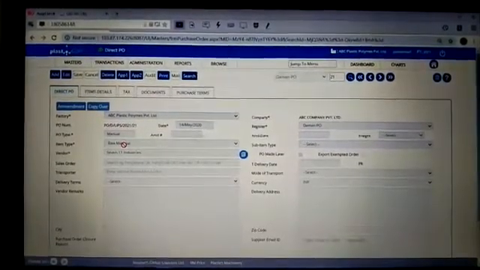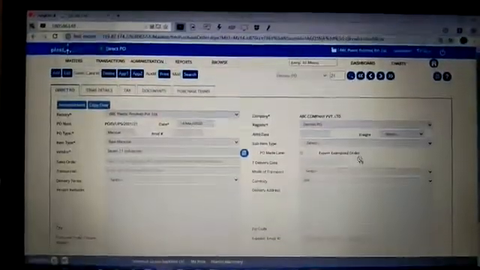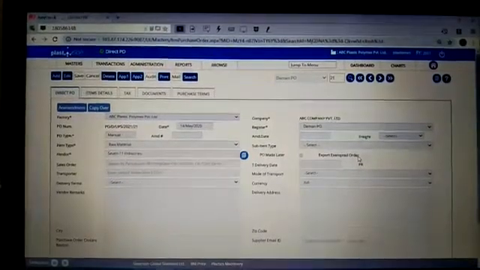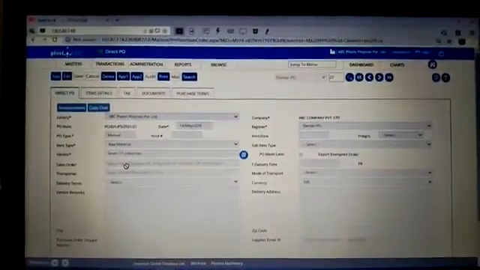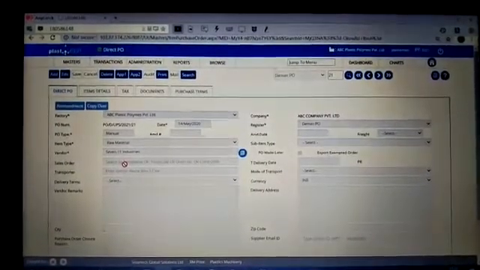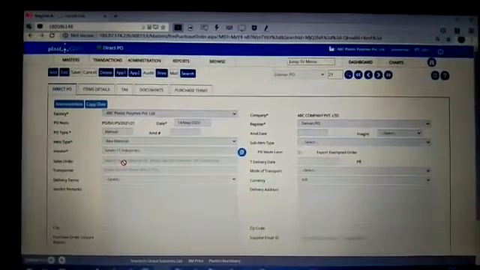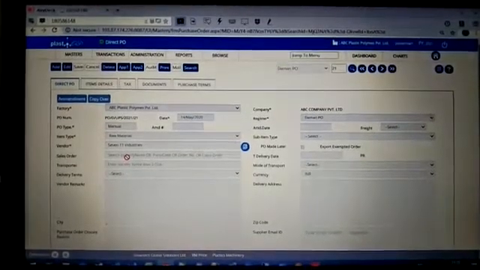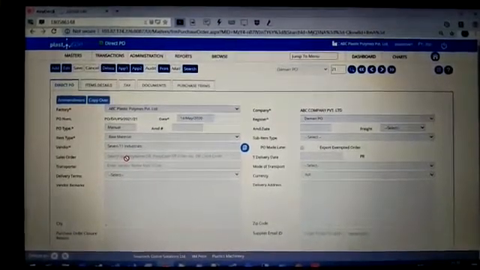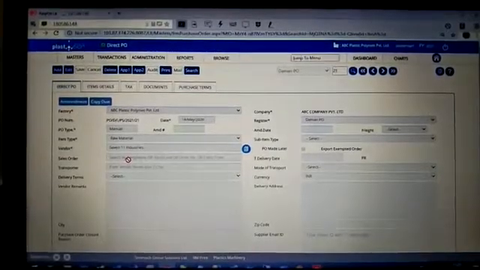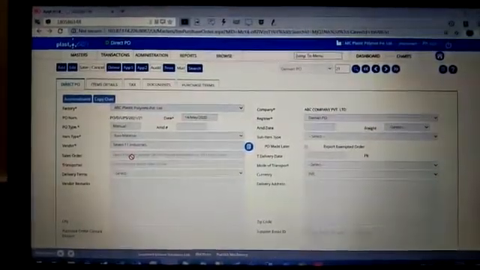Then export exempted order. For 0.1% GST on merchant import and export. Vendor. All sundry creditors are shown. Select the vendor from the drop down list. For import PO, only the party comes in drop down list whose foreign party checkbox is checked in party master. For service PO, only that party comes in drop down list whose service party checkbox is checked in party master.